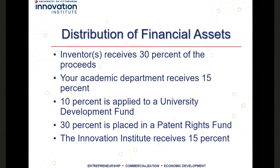It's important to realize that innovators share in a substantial portion of the license agreement. Innovators themselves personally receive 30% of the proceeds, and another 15% is received by the academic department, your academic department. 10% is applied to a university development fund for development of new technologies, and 30% of the consideration that comes back to the university is actually placed in a patent rights fund,